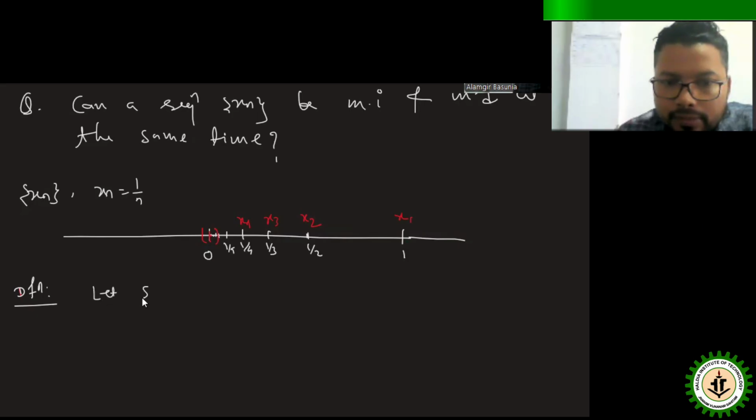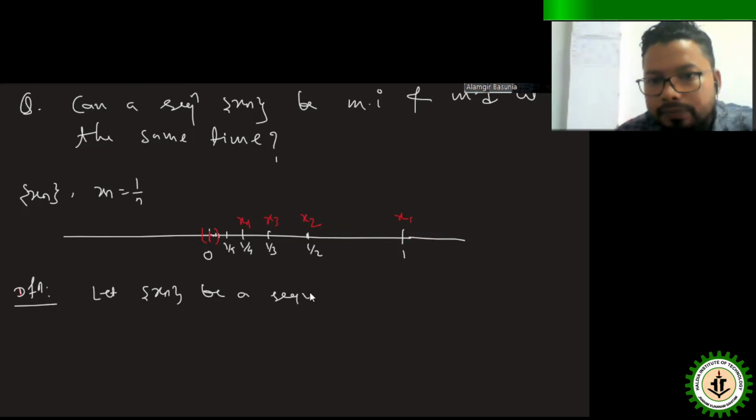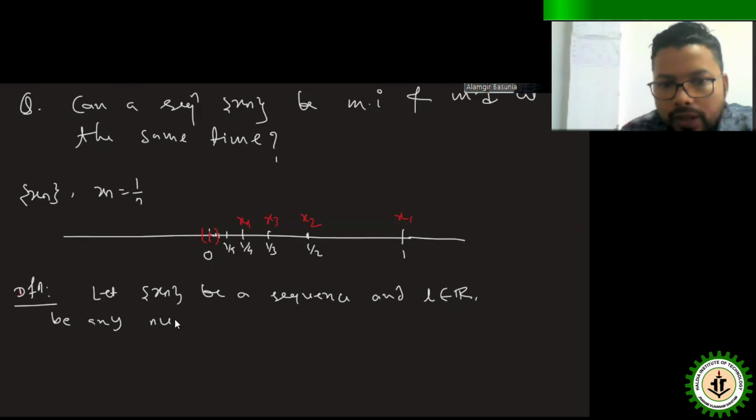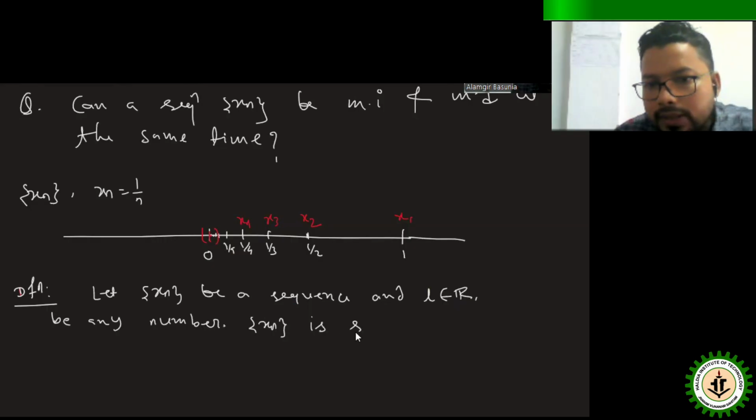Let x_n be a sequence, and let L belong to the real numbers, be any real number. Now x_n is said to converge to L